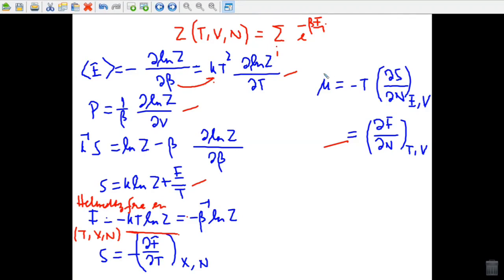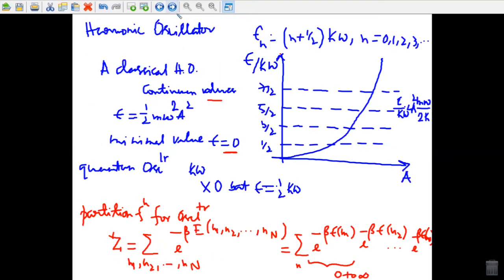Okay, so these are the basic formulae which can be calculated if you can write the partition function of the system. So depending upon that, we can quickly go over to the harmonic oscillator and the Einstein solid, and what happens